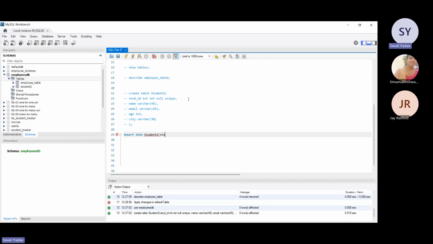Okay. Student ID. Now you give your columns first for which the data needs to be inserted. Name, email, age, city. Okay, all the columns are there. Then values. Okay, insert values. Now here one by one, you can provide values for it, like first one,